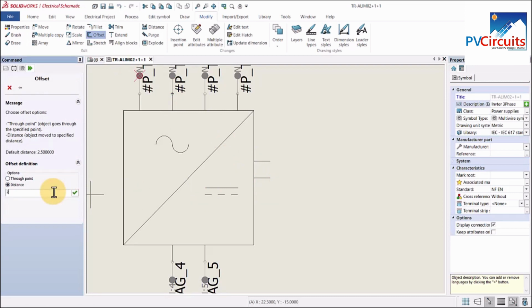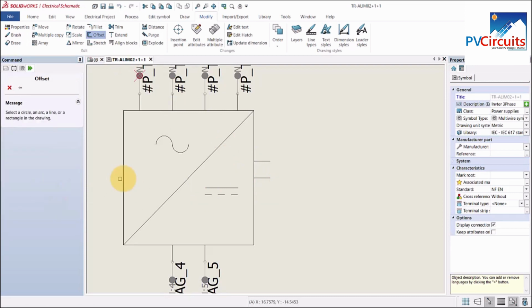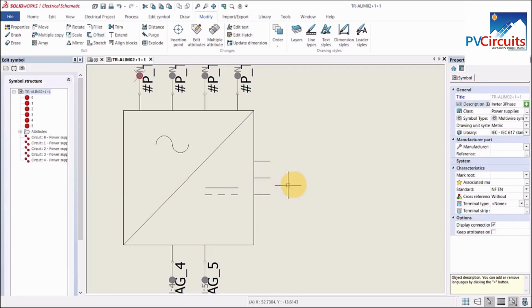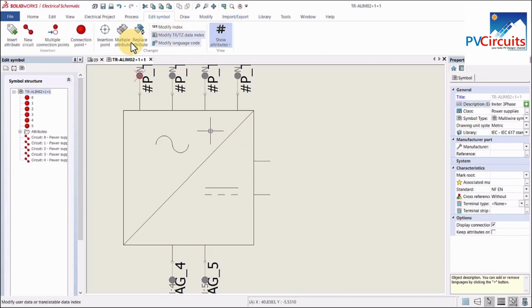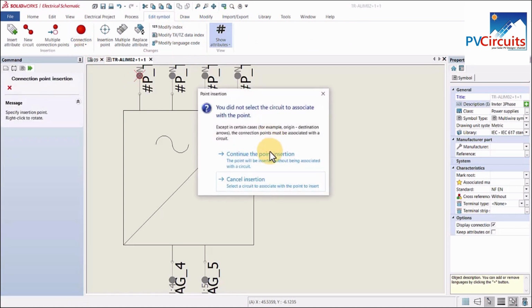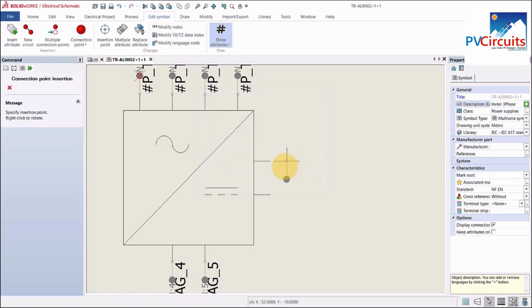Distance, of course it is asking again 2.5, then select our line, then put it there. So then I end up deleting this one, then put the connection points. So modify, edit symbol, then put the connection points, then click to continue, bring your point there, rotate until you get